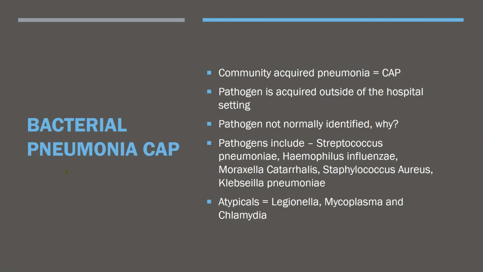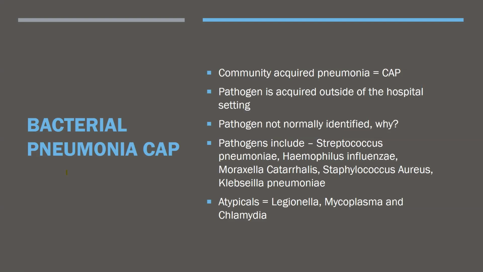So the pathogen is not normally identified. Why? Because we prophylactically treat these people. We also don't usually get a very good sputum sample. And we don't always do a culture and take 10 days to tell them what they have, because then they'd be sicker than stink. Common pathogens are going to be your Streptococcus pneumoniae, Haemophilus influenzae, Moraxella catarrhalis, Staphylococcus aureus, and